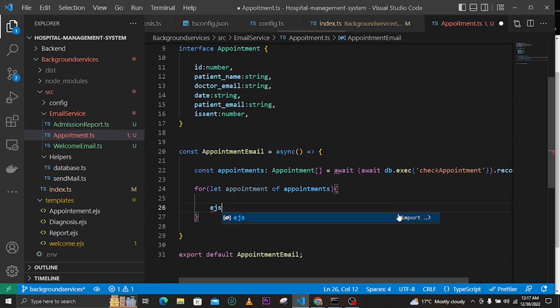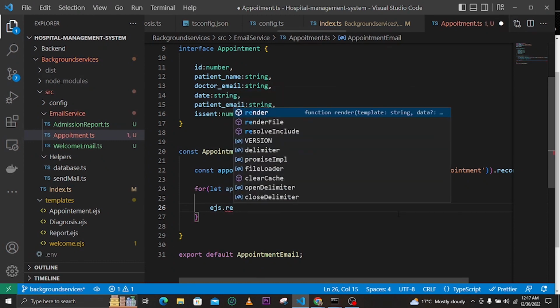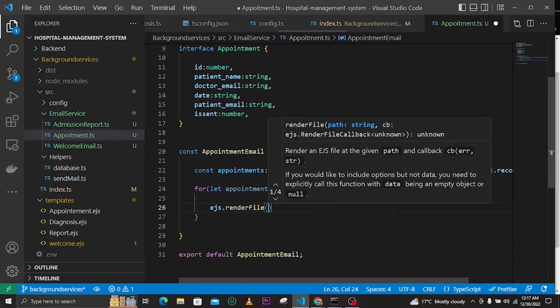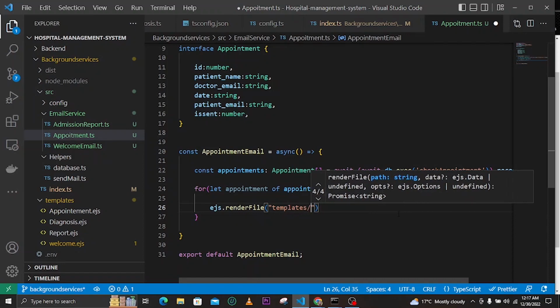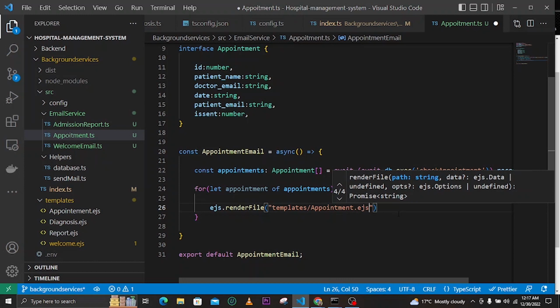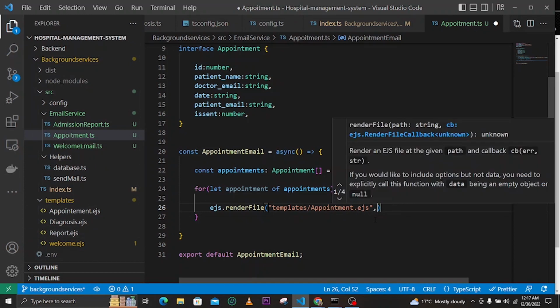So inside here now we can call ejs and say renderFile. The first argument of this renderFile will be the template that you want to use. So we just say templates, and then it is appointment.ejs. You can see it here,